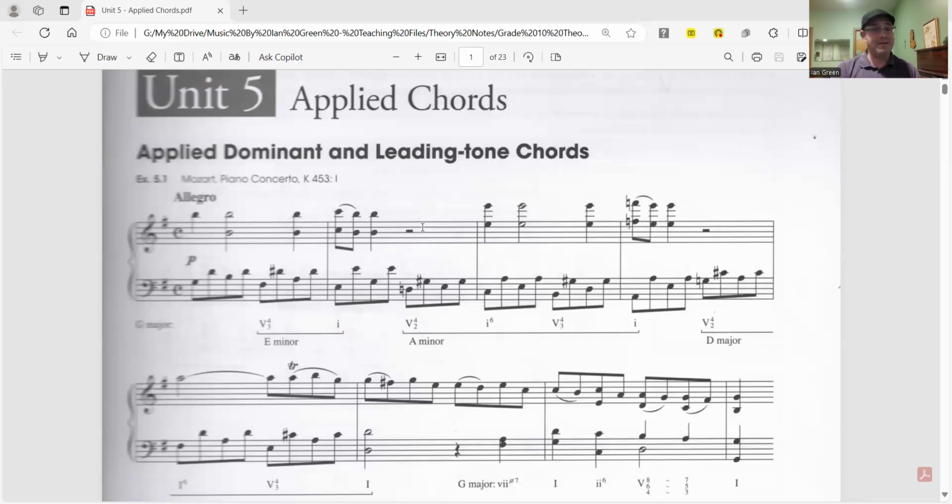Now, we can't say that that's the dominant seventh of G major because that would be incorrect, but it is the dominant seventh of A, which is the second note in the scale, or also known as the supertonic. So we have then E, G sharp, B, and D, which is the dominant seventh of 2, or the supertonic note of that scale. So it's really neat how we can have a beautiful piece of music